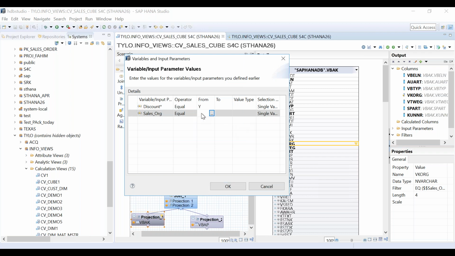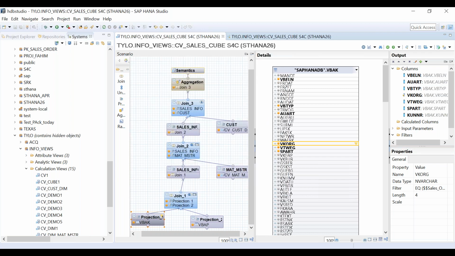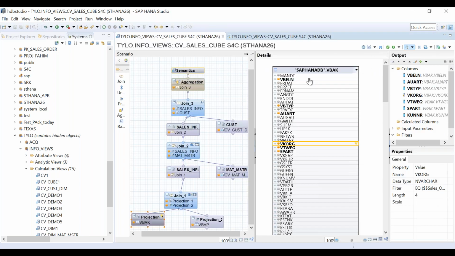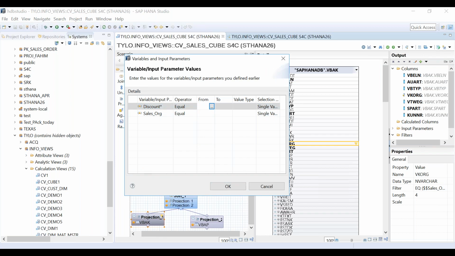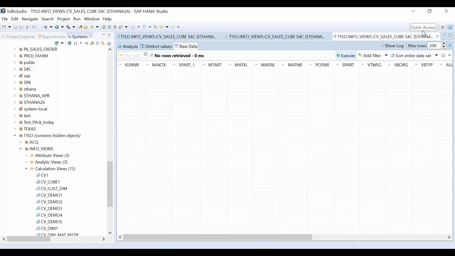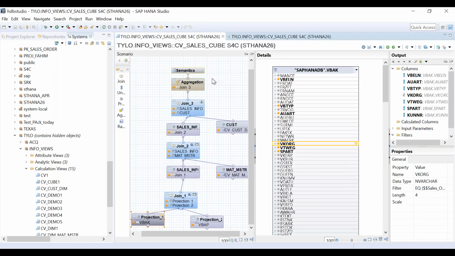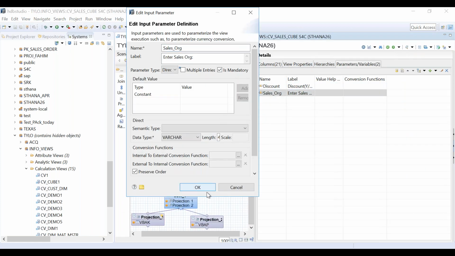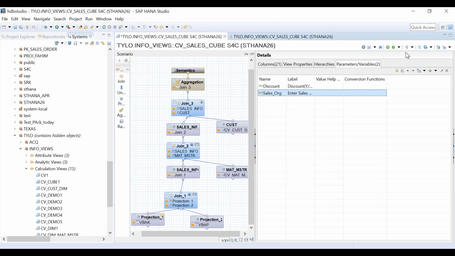We will see why it is not coming, but let's see which one you want to filter. Let's take some example from here. Okay, that will not work. Let's make it mandatory. Click on OK.